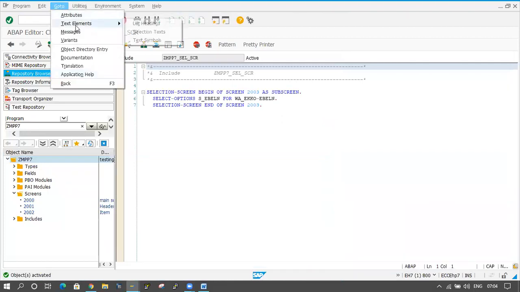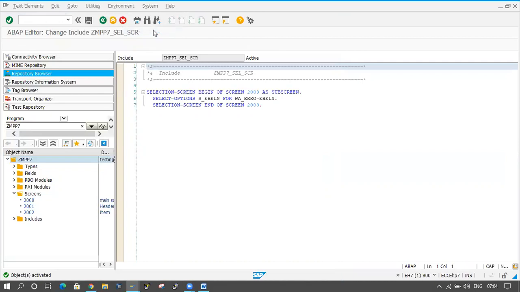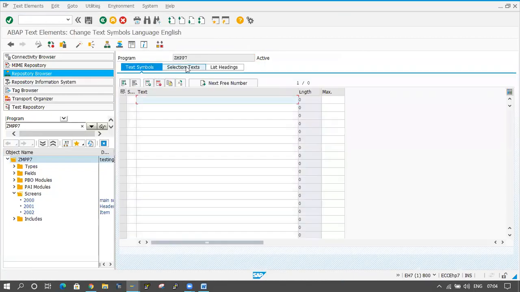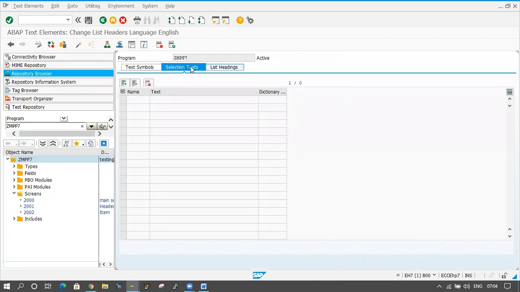Click on go to text elements, selection text. It's not coming.